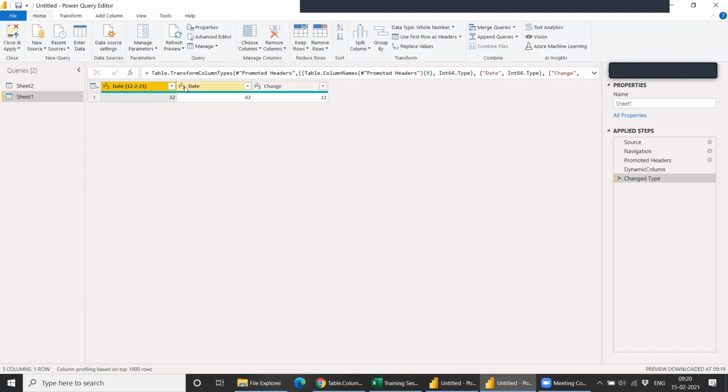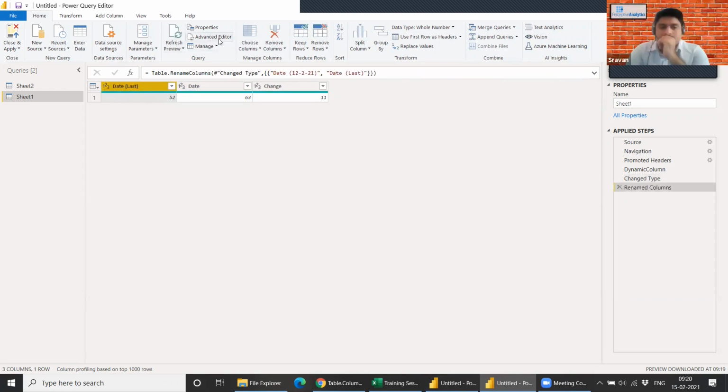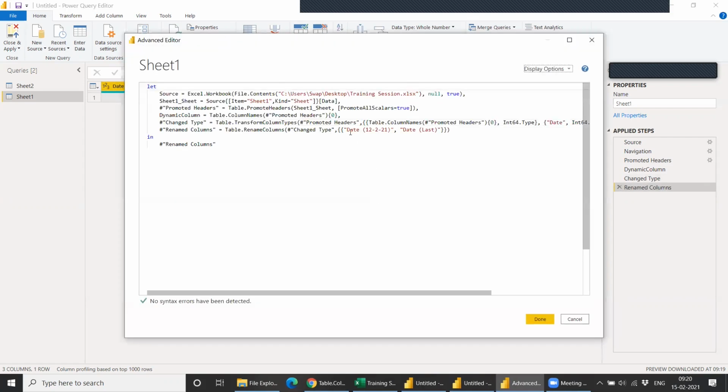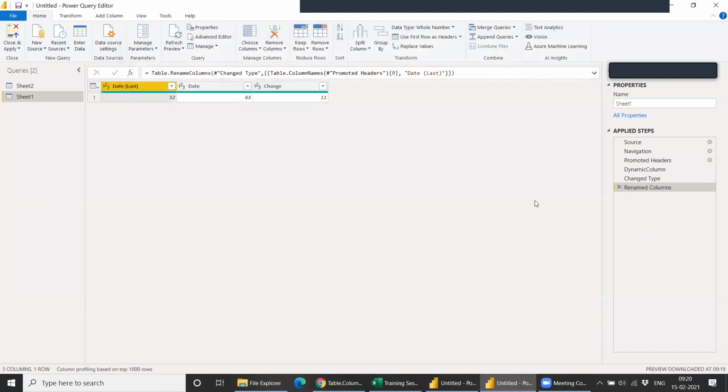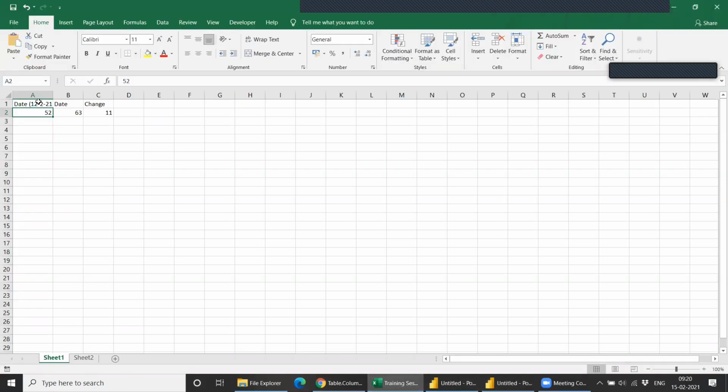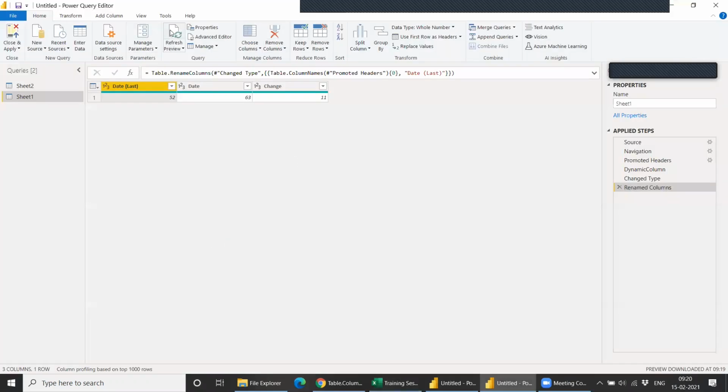Okay, and if I just rename this column so that when we load we don't have any date issue at all. So let's say last. Okay, then we'll go to advanced editor again, and instead of using this name, okay, so now even if I change name here, file and reload this preview.